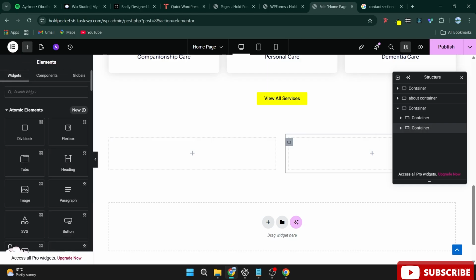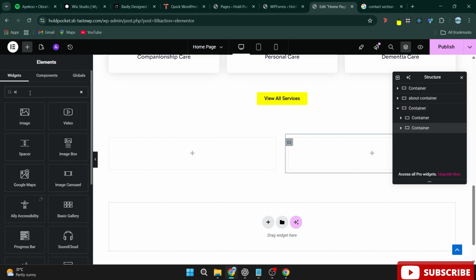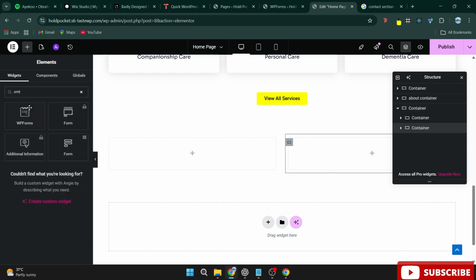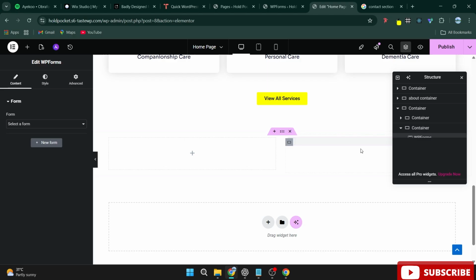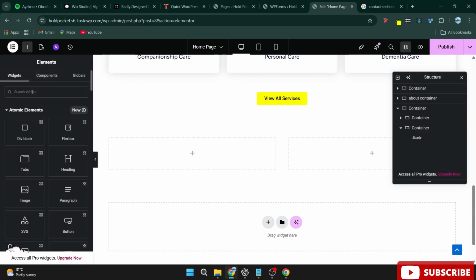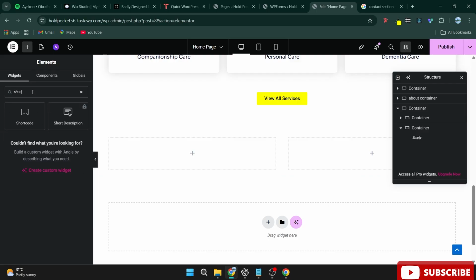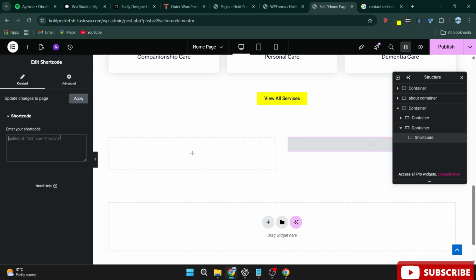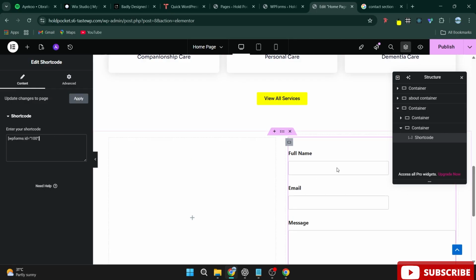When you go to the element section, you search for WP, and you can see the first method is here, WPForms. You can just drag and drop it and select the form that you designed, but we are not going to use this method. We already copied the shortcode, so that is what we are going to do. We are going to search for shortcode, and embed the shortcode that we copied from